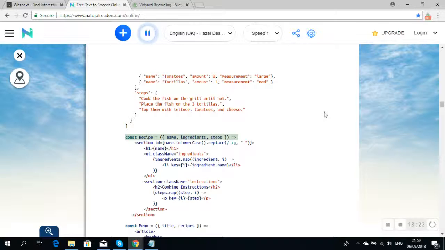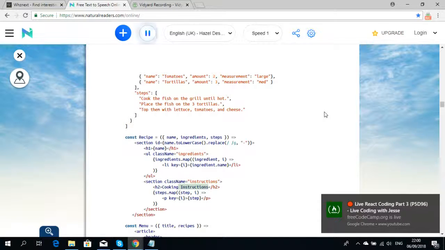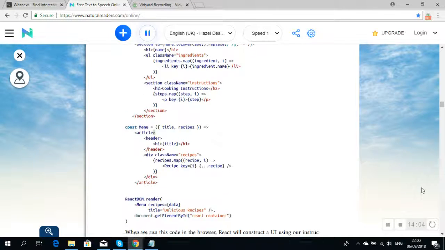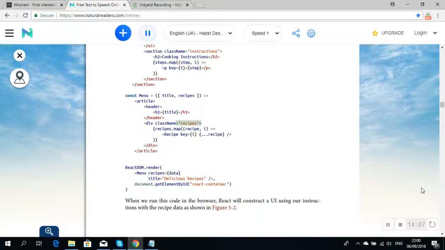const Recipe = ({name, ingredients, steps}) => <section id={name.toLowerCase().replace(/ /g, "-")}><h1>{name}</h1><ul>{ingredients.map((ingredient, i) => <li key={i}>{ingredient.name}</li>)}</ul><section className="instructions"><h2>Cooking Instructions</h2>{steps.map((step, i) => <p key={i}>{step}</p>)}. const Menu = ({title, recipes}) => <article><header><h1>{title}</h1></header><div className="recipes">